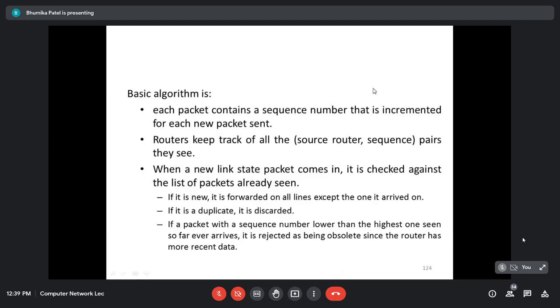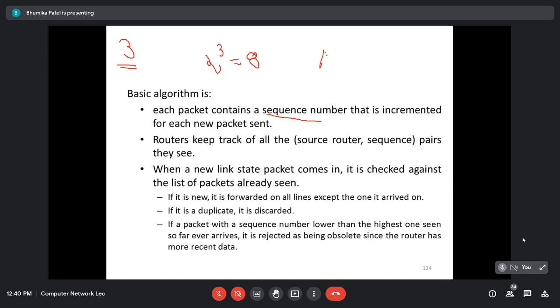But some problems are there with this basic algorithm. First, we are using the sequence number, so it may wrap around. For example, for the sequence number we have decided to use only 3 bits. મારે કોઈ sequence number allocate કરવો છે, see everything is in binary, zeros and ones. For assigning the sequence number to each and every packet, I have decided to use just 3-bit information. So how many possibilities are there? 2 raised to 3. Only 8 packets will be there.